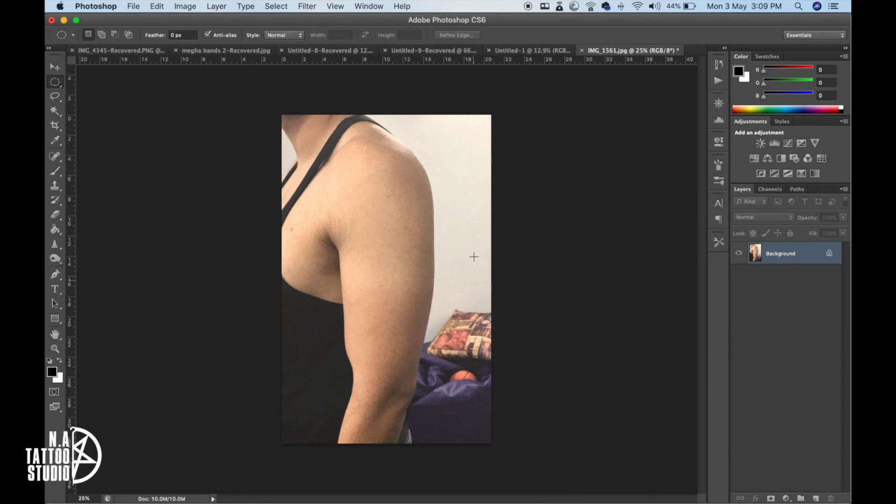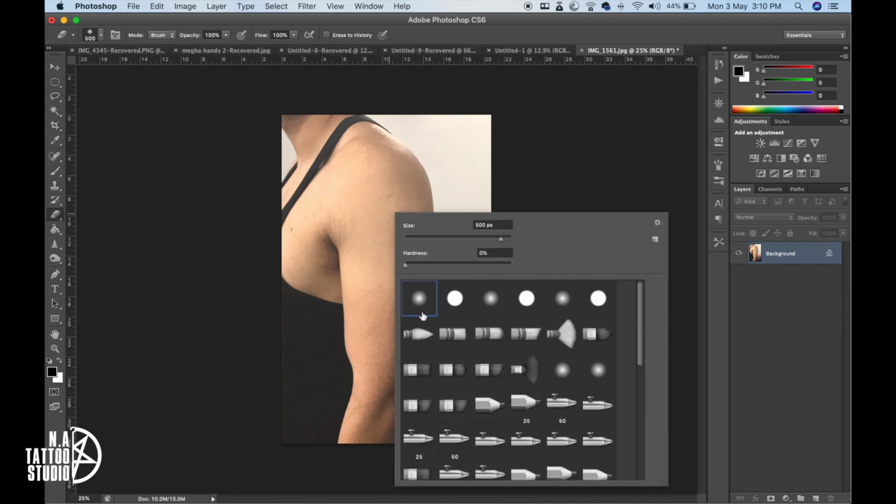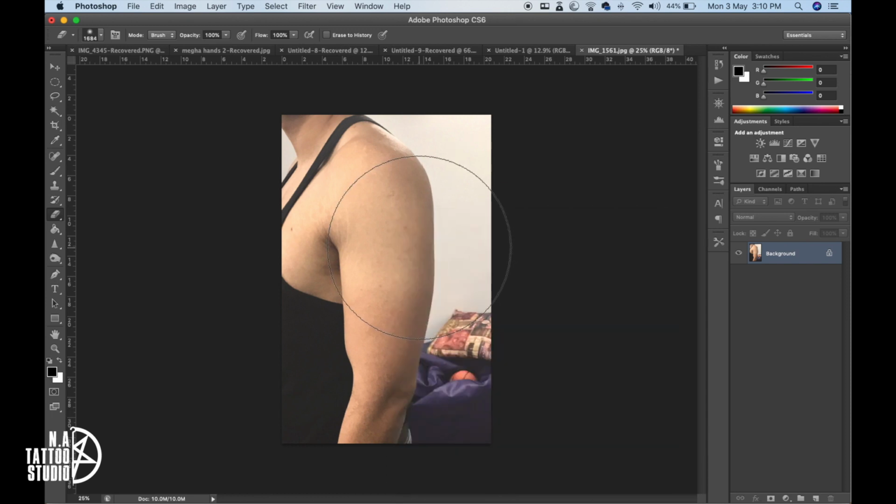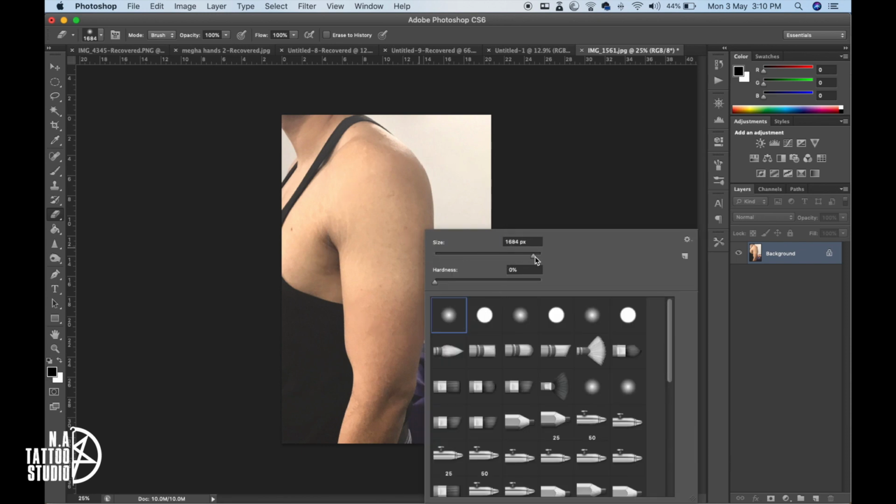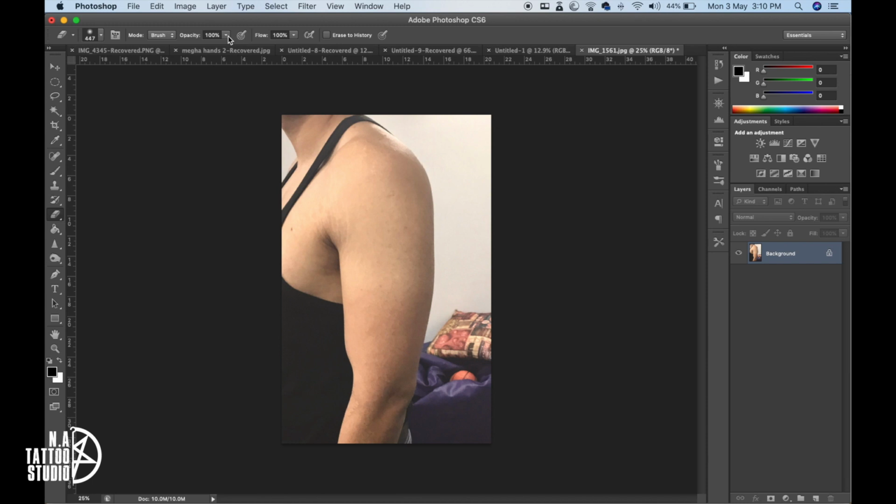Now I'll try to erase the background as much as possible. So now I'm using eraser, and when you right click you get options of what kind of eraser you want to use. So I use this blur eraser. If in case you want to increase or decrease the size of the brush, you can right click on the screen and here is the size. Now you can choose the size that you want. Now I'll be reducing the opacity of my brush to maybe 70% and just try to erase the background. Wherever you want, you can always reduce the size of your brush and then use it again.